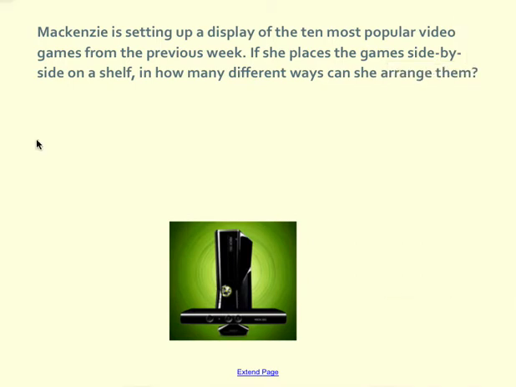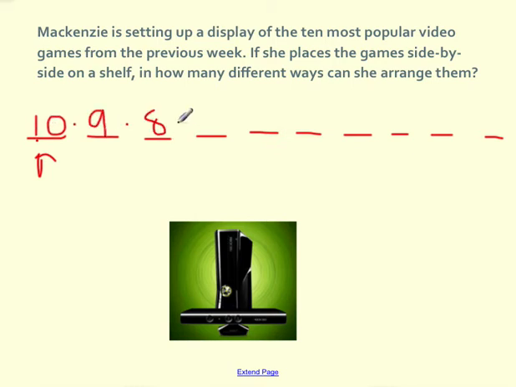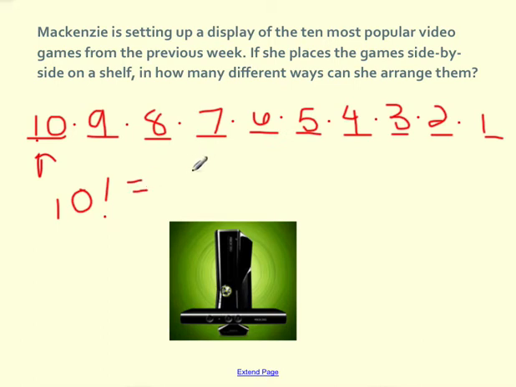So we have 10 spots on our shelf. So when we go to the first one, we have 10 choices for what video game goes there. And once we pick one, we have 9, and then 8, and then 7, and then 6, and then 5, and then 4, and then 3, and then 2, and then 1. So really, this is the same as 10 factorial. So when you punch that in your calculator, you're going to do 10 times 9 times 8 times 7 times 6 times 5 times 4 times 3 times 2 times 1. And when you multiply that out, you get